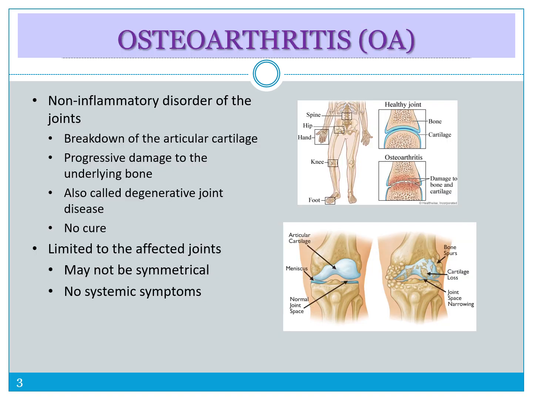So first, let's talk about osteoarthritis, also known as OA. It's the most common non-inflammatory joint disorder, and it specifically involves the cartilage around the end of the bones that make up your joints, like in your knees. Remember, cartilage serves to cushion and protect your joints, and there's also a space in between with synovial fluid that